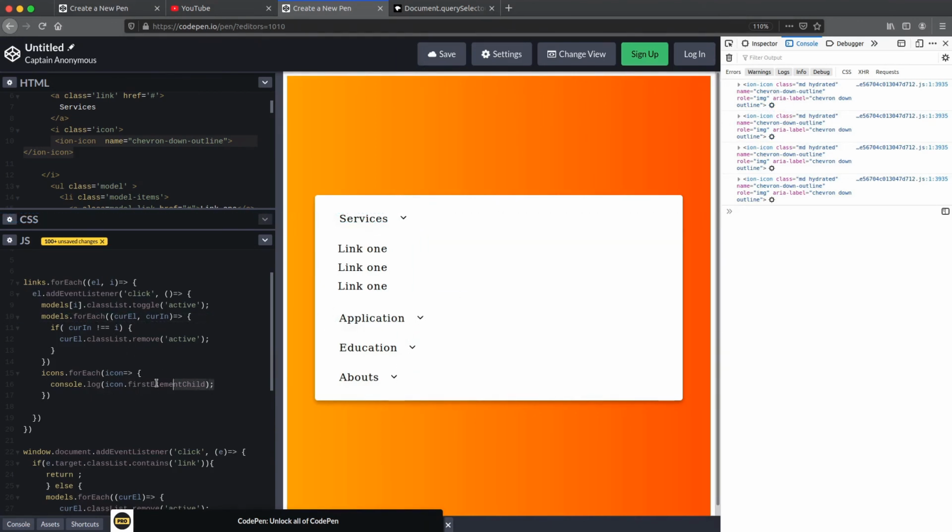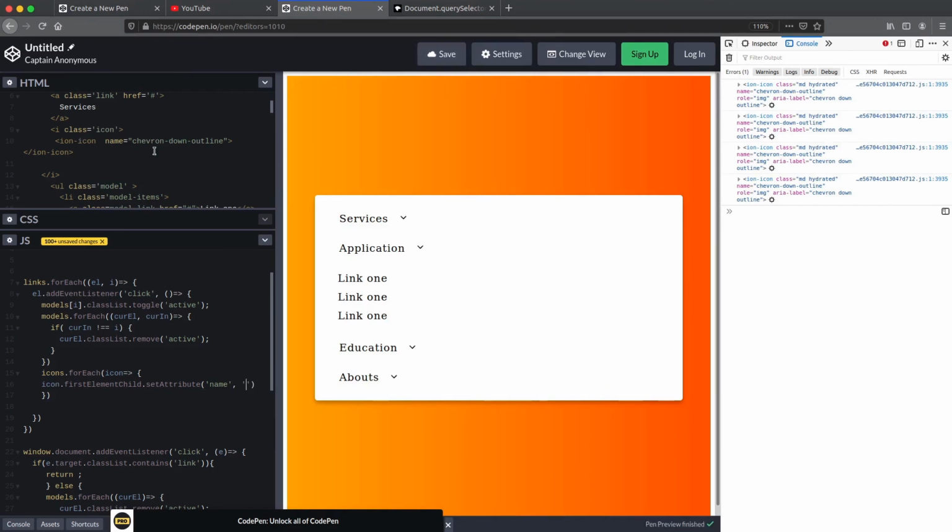So initialize all these ion icons with the name attribute chevron down outline, that is same as in HTML. So icon.firstElementChild, and we just set the attribute, setAttribute, that is name.